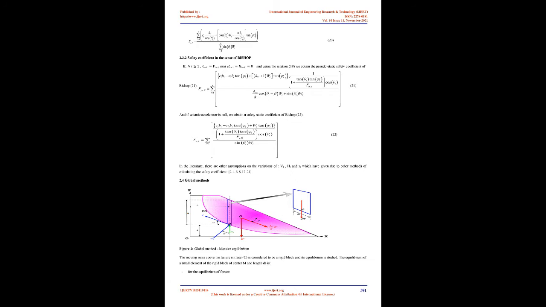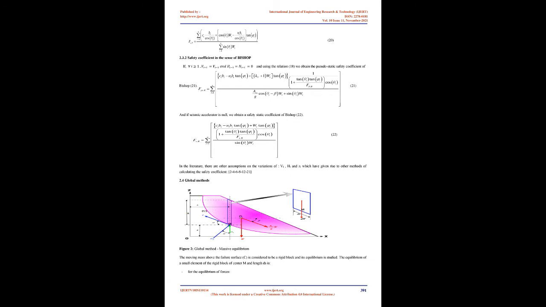By taking the definition of the safety coefficient, Fd, given by equation 17, and introducing the expressions 7, 16, of N, we obtain another expression of the safety coefficient Fd, which is given by relation 18. In the literature, there are other assumptions on the variations of σ, h, and z, which have given rise to other methods of calculating the safety coefficient,